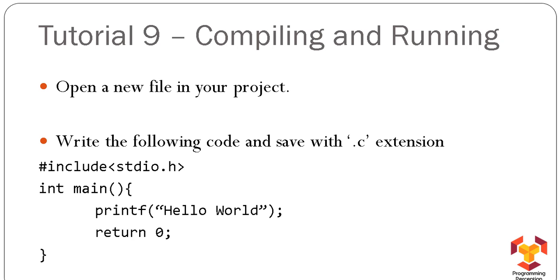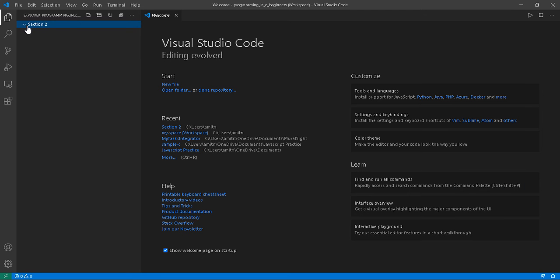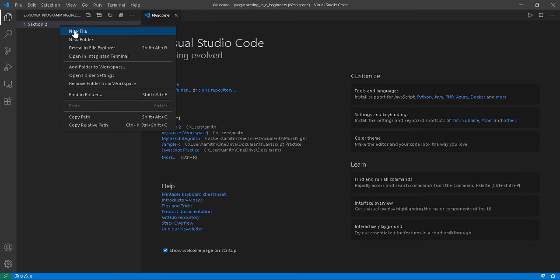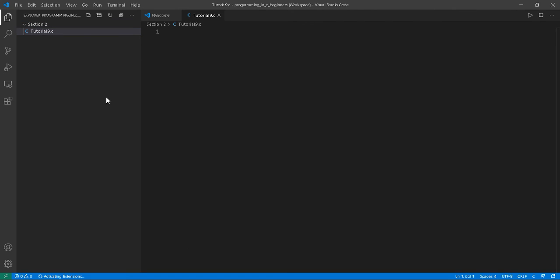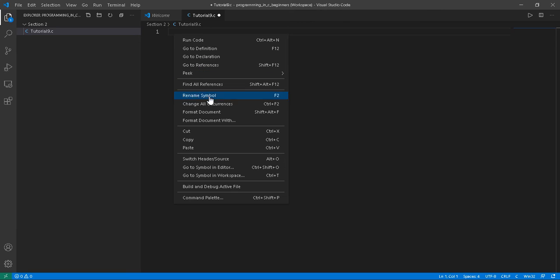So I'm getting back to my Visual Studio and here I'm creating a new file. I'm giving this file the name tutorial 9, and I will definitely give an extension also, .c. Now I'm pasting the code.